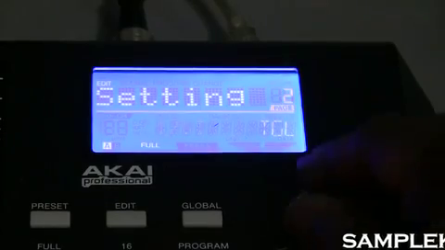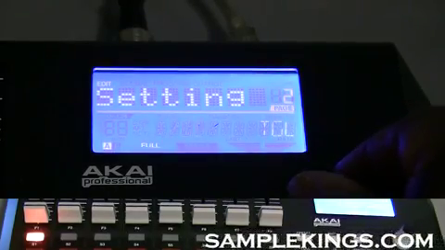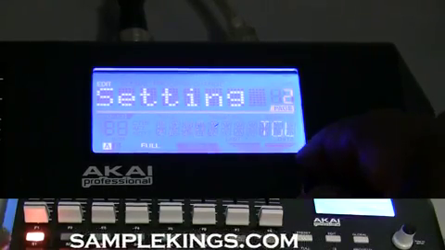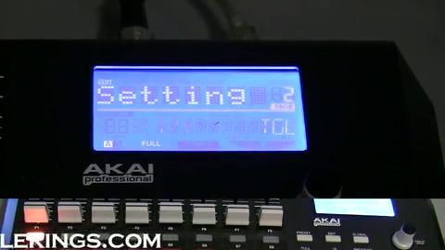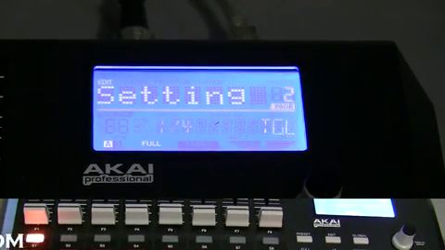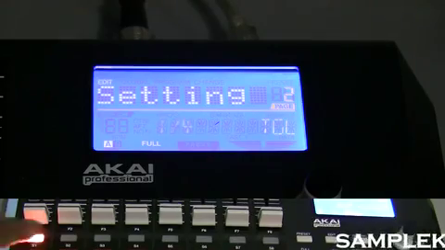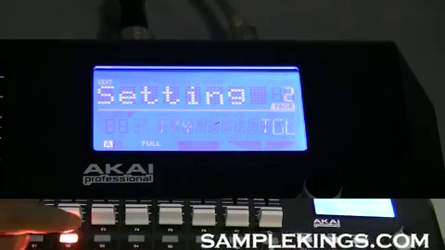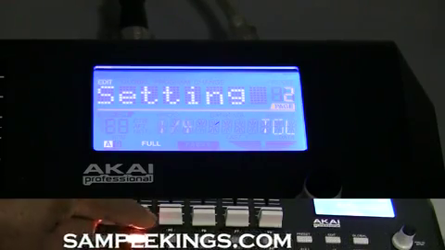See that? As I turn this, the lights change here. And you see them go from 1 to S2 to S3, S4, S5. And that's how this works. We have the ability to edit the parameters